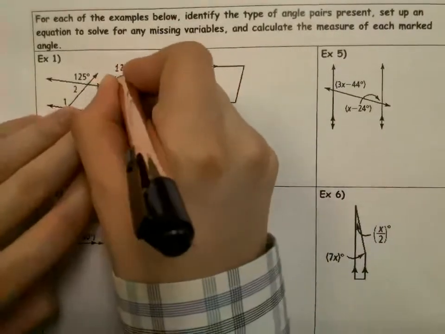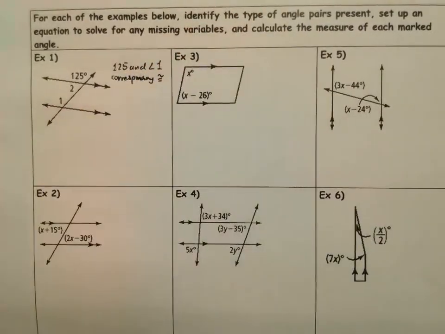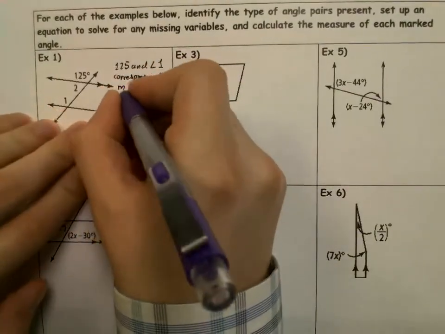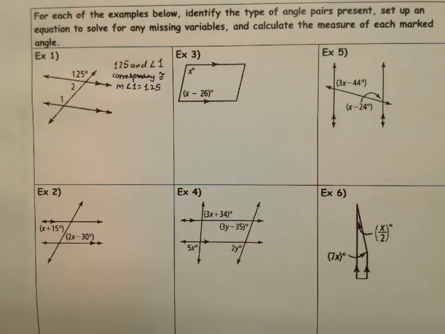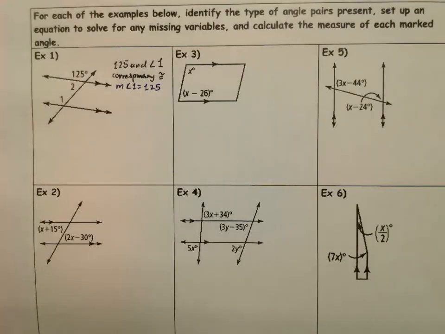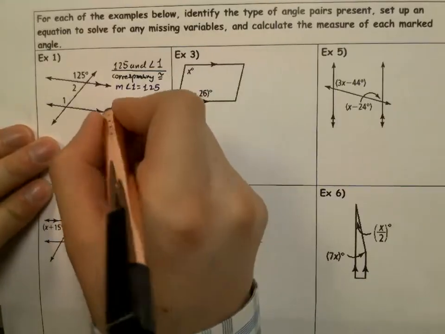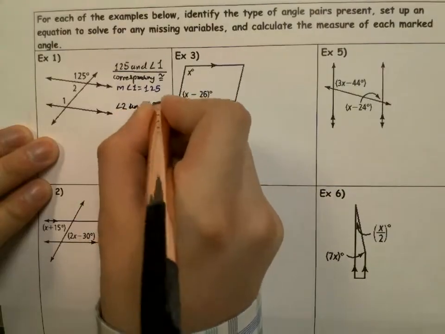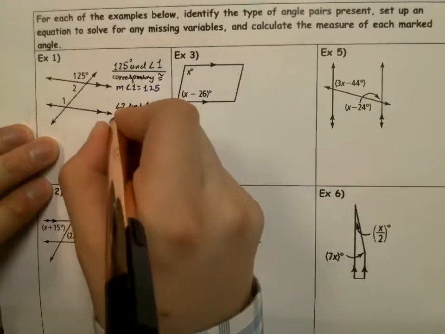And remember that corresponding is congruent, meaning that the measurement of angle 125 is what? The measurement of angle 1 is what? 125. 125. Very good. Okay. We also know, okay, that angle 2 and 125 degrees, those two angles are a linear pair,